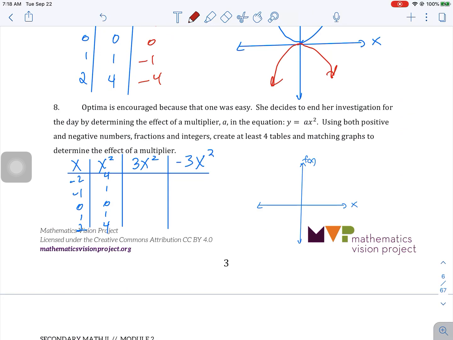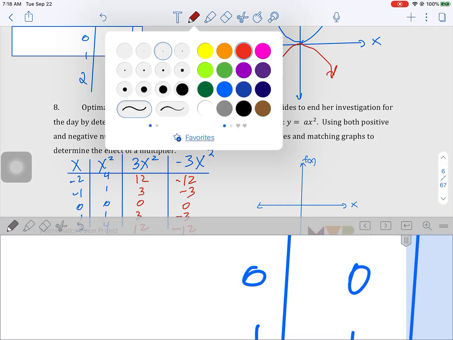And another one, what if you use coefficients? So this would be 12, 3, 0, 3, 12, and this would be negative 12, negative 3, 0, negative 3, negative 12. So if we start with our original,